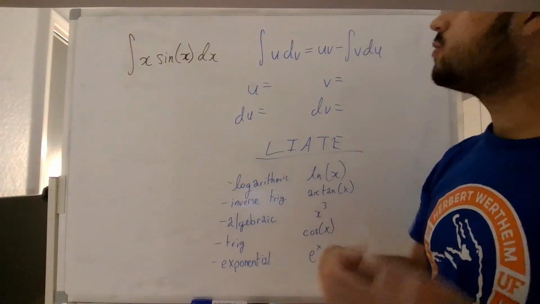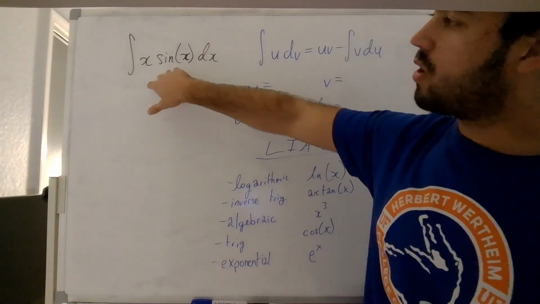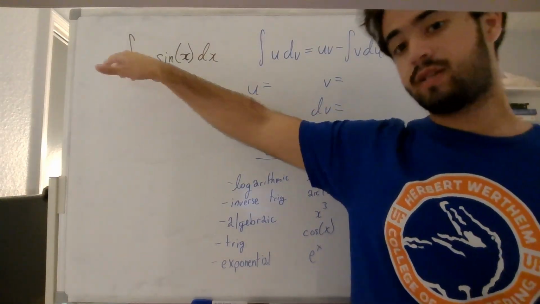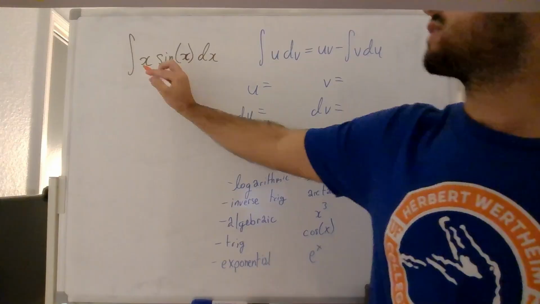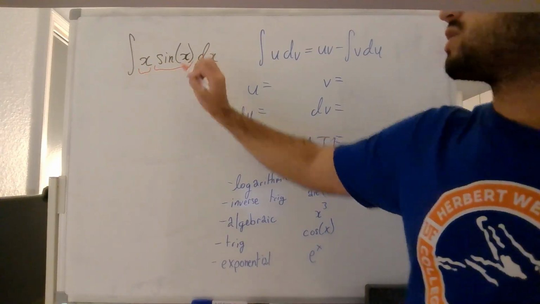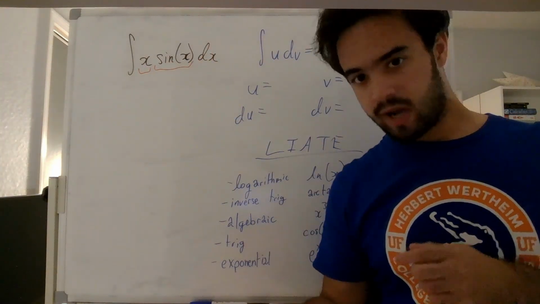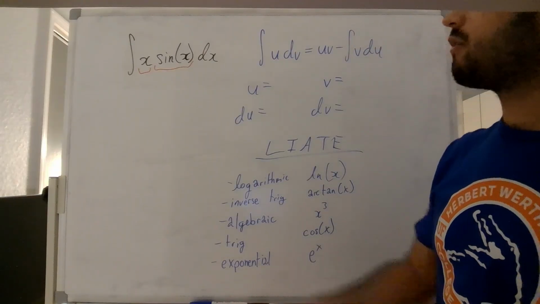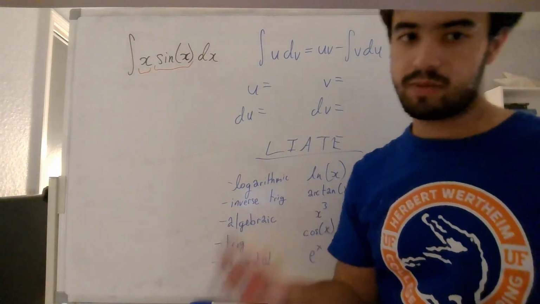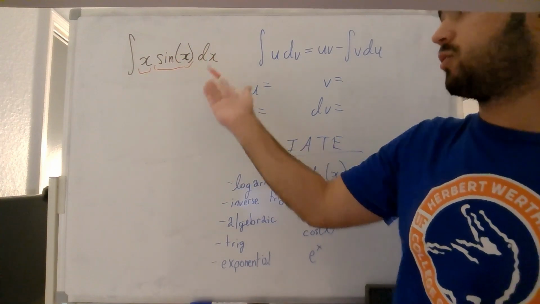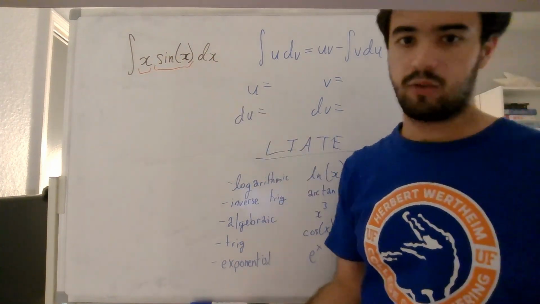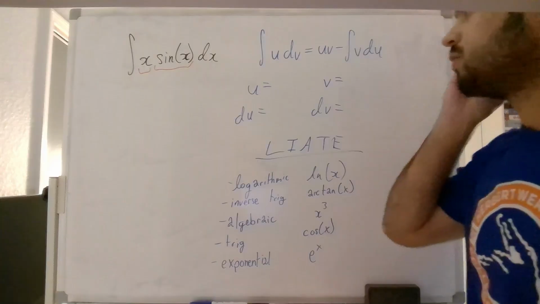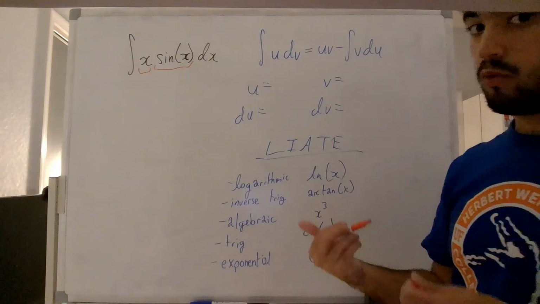What we use it for is when we have a product of two functions and we want to find its integral. So in this case, we have x and sine of x. And you may want to try using u substitution. However, you'll realize that you can't really make a u substitution that'll work. You can set x equal to u, but then you just end up with the same exact integral, but in u. So we're going to use this cool formula,